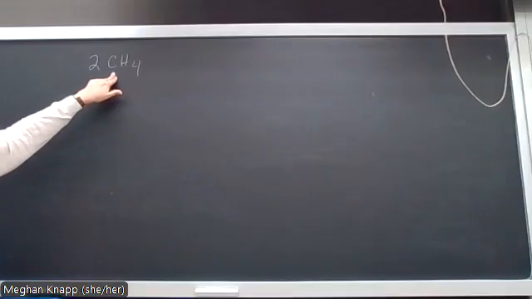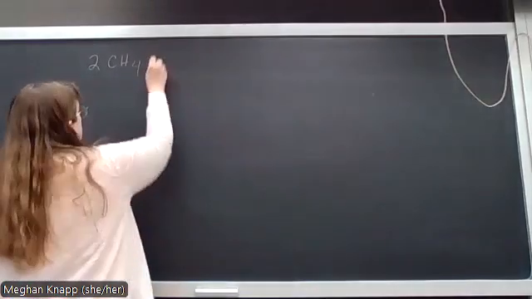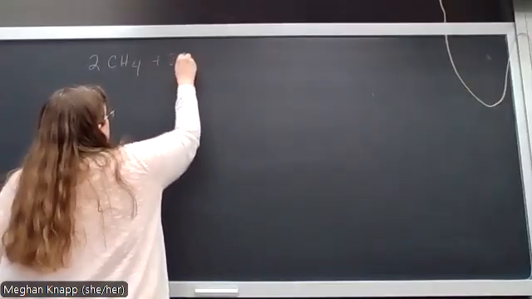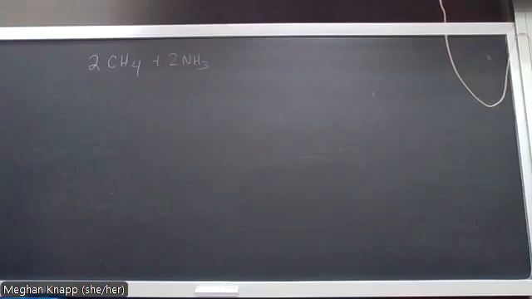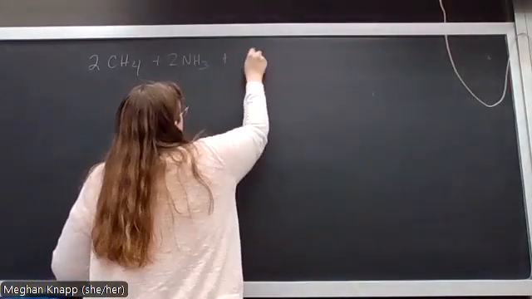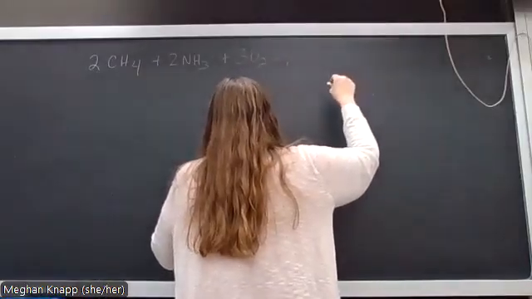So since we have a carbon, it's organic and it uses the organic naming rule. So it starts with meth. And if there's only hydrogen, then it becomes methane. Okay, so this is methane plus 2, you may remember this one, ammonia. We all know oxygen is diatomic. And then we have